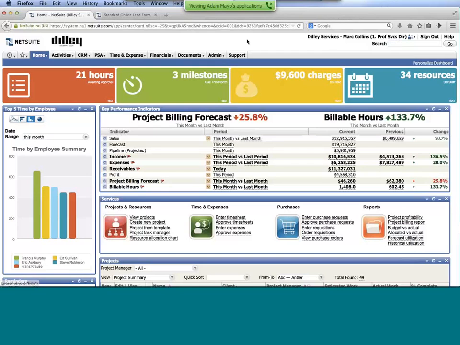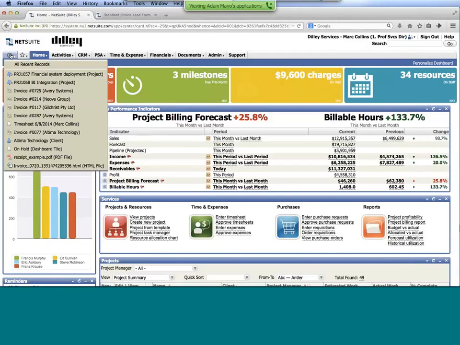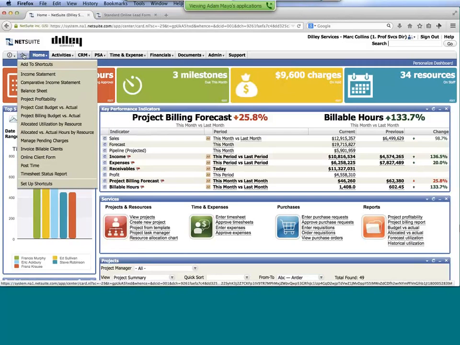In addition to using the global search, over on the left-hand side, we have our recent records, so I can always go back to that project I was just looking at, or that invoice I had open. So it's going to have that history there that you can always go back to from a navigation standpoint, as well as a listing of shortcuts. And again, these are, of course, personal to each person that logs in. They can have their own shortcuts of areas that they're frequenting the most so that we can, again, access those at any point in time.